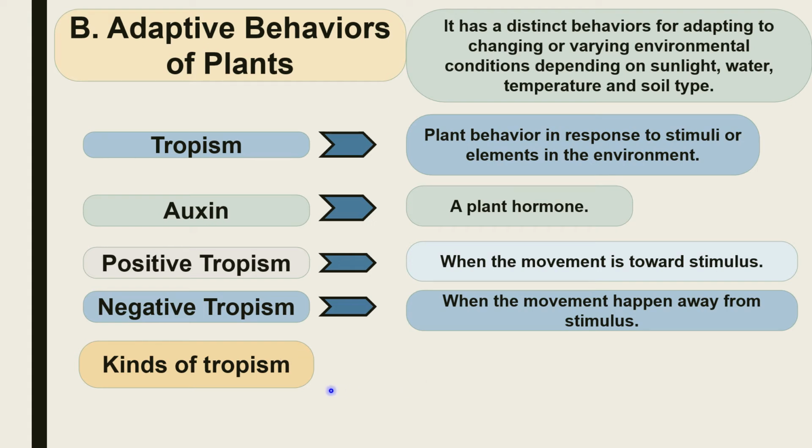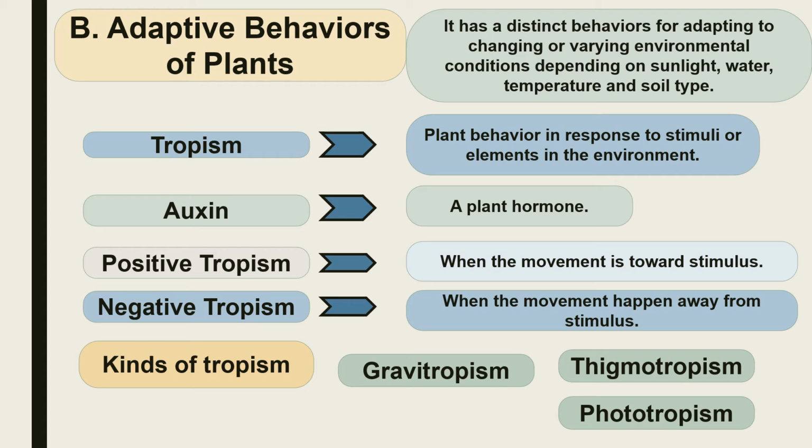So these are the types, the two types, and these are the kinds. So we have gravitropism, thigmotropism, phototropism, heliotropism, and hydrotropism. So let's have first